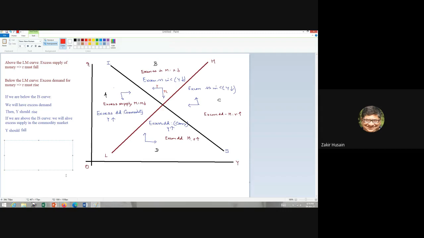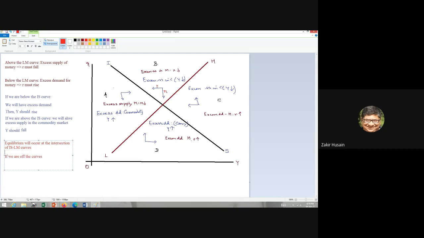So there are two things. Equilibrium will occur at the intersection of the IS and LM curves, and if we are off the curves,